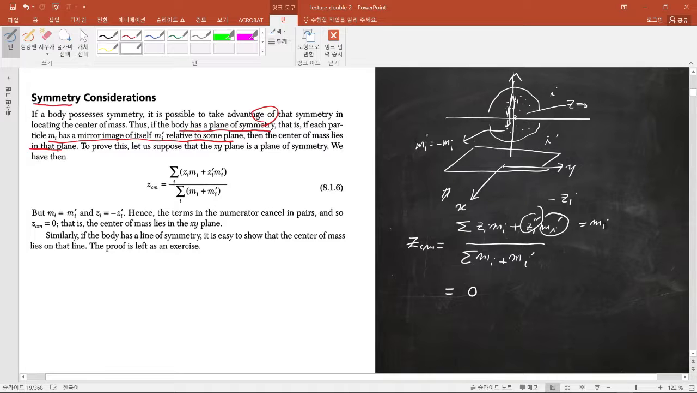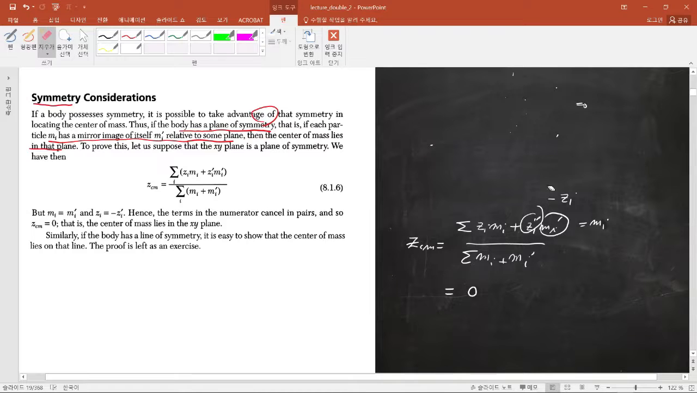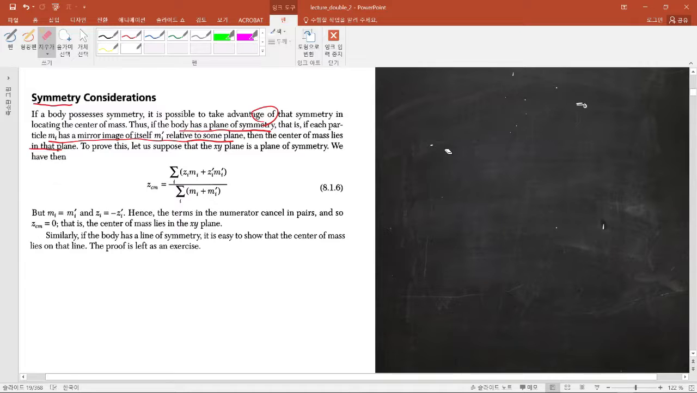So the center of mass z is 0 because each of the upper mass contributions is precisely cancelled by the lower contribution. So you can see that the symmetry greatly simplifies locating the center of mass. Okay, so let's, for example, do